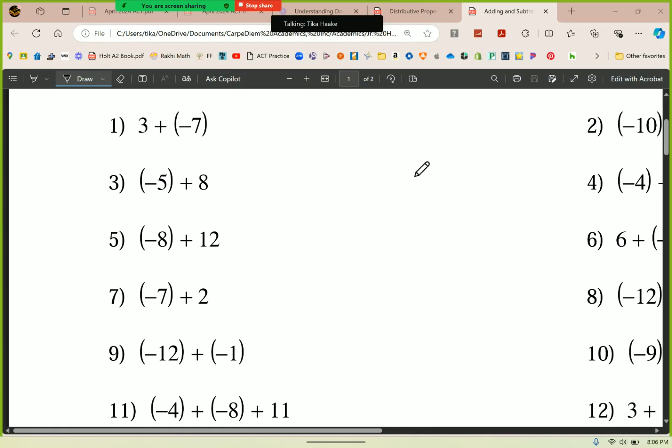Okay, I'm going to get you guys started on this adding and subtracting integers practice. Let me do about 5 problems here. All right, so